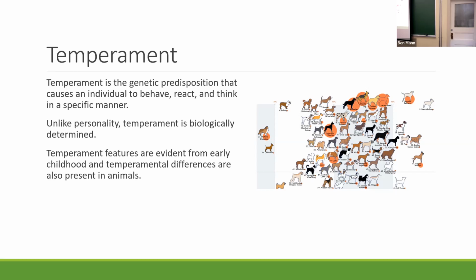So temperament, right, is something that tends to be picked up on from a pretty young age. There are certain signs of people's temperament. Developmental stages show us elements of how young children are communicating and relating to their peers. And these differences in temperament are also present in a variety of animal species too.